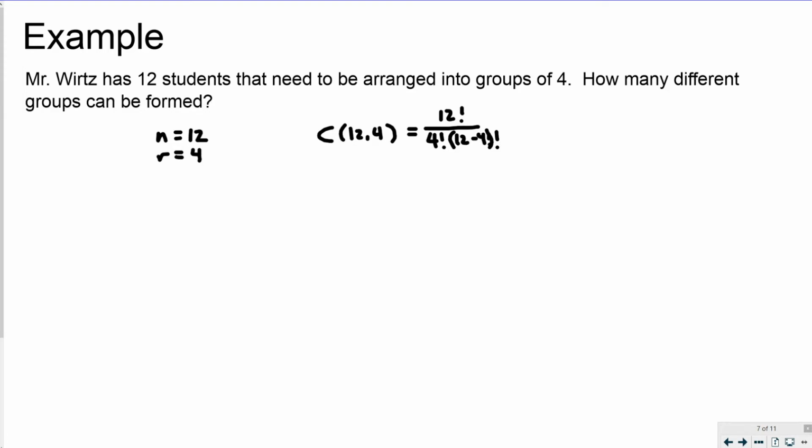And then that is the equivalent of putting the 12 nCr 4 in. This would be 12 factorial over 4 factorial times 8 factorial. And then when all is said and done, there are 495 groups